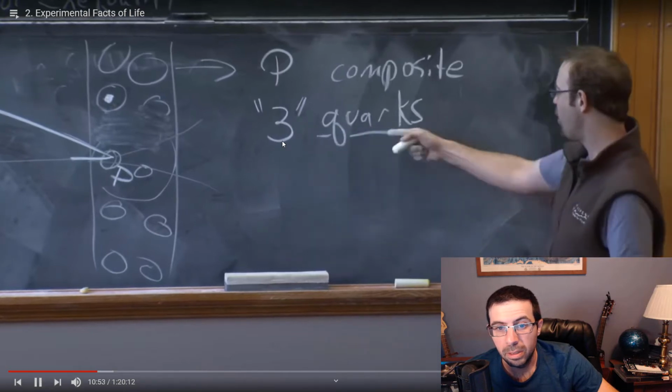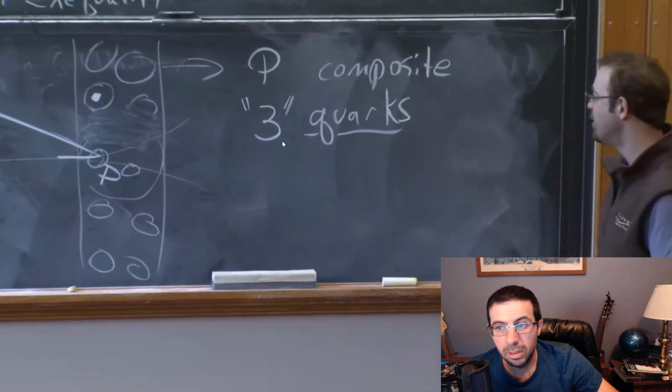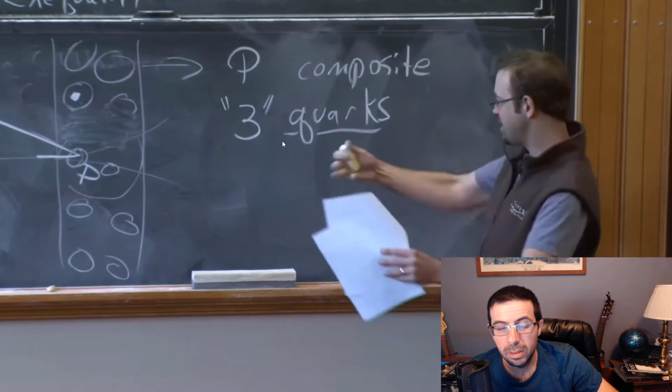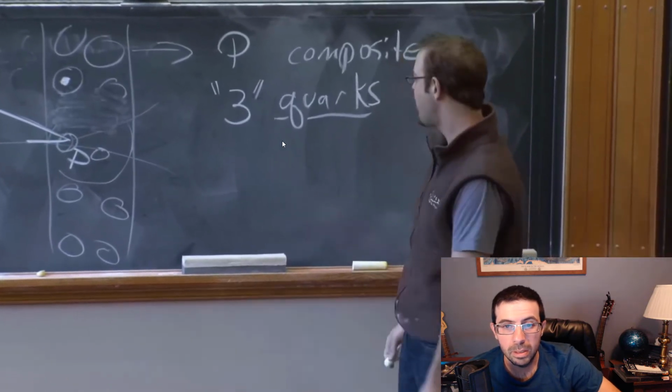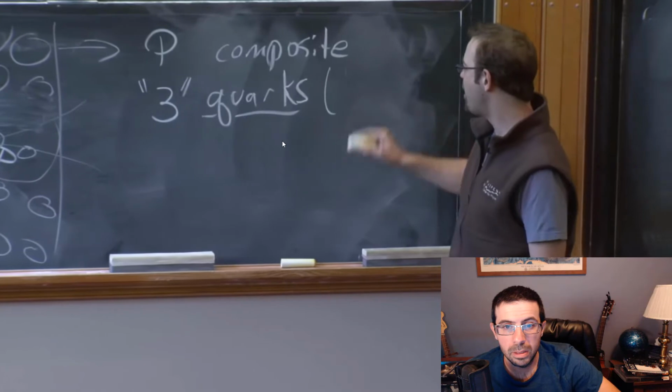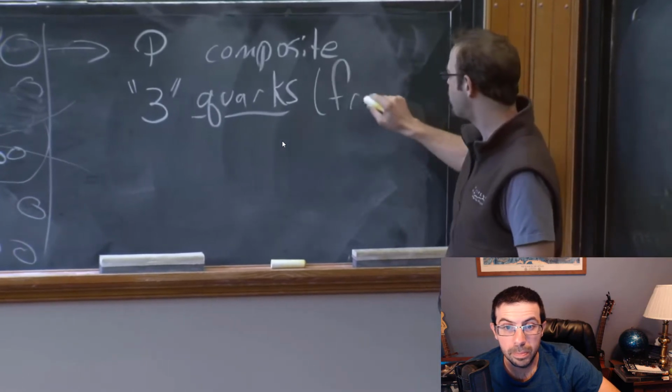The reason all this tells you is that it's some object and we've given it the name quark, but indeed there are 3 point-like particles that in some sense make up a proton. It's actually much more complicated than that. But these quarks, among other things, have very strange properties, like they have fractional charge.